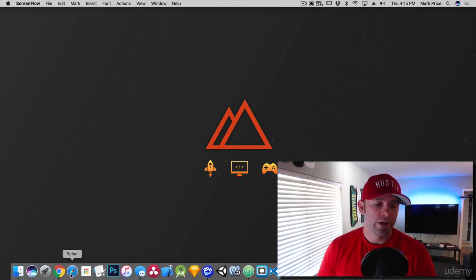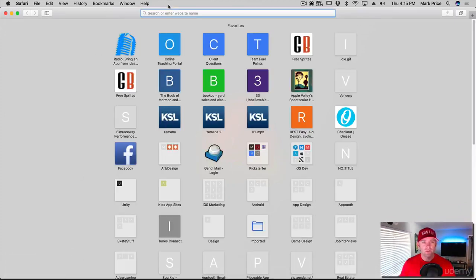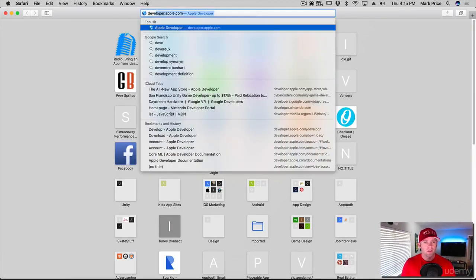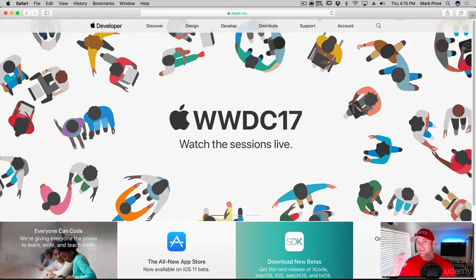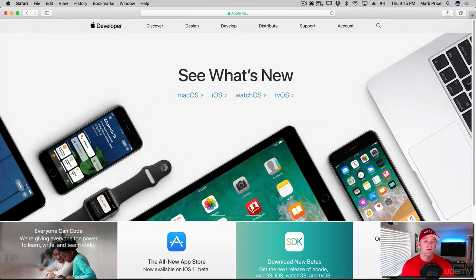So I'm going to go ahead and open up Safari. You can do this with Google Chrome as well, but we're going to go with Safari. Keep it the Apple way. And one thing I will let you know is some of the Apple tools and websites that they have don't work unless you use Safari. So whenever working with apple.com, you want to use Safari. And what we've just done is gone to